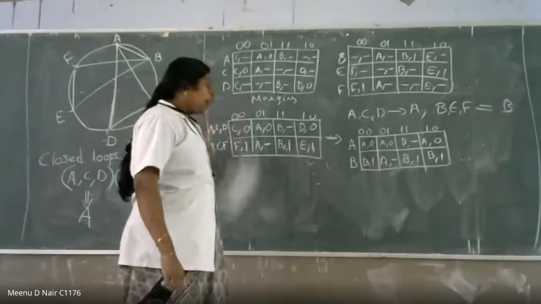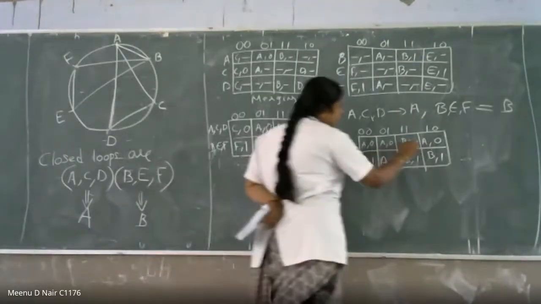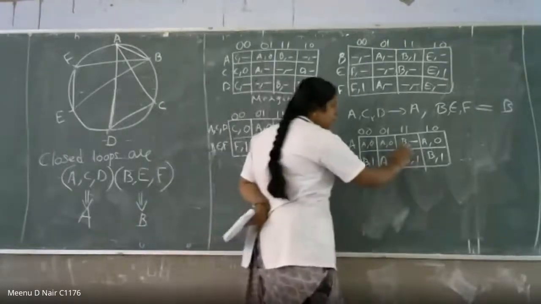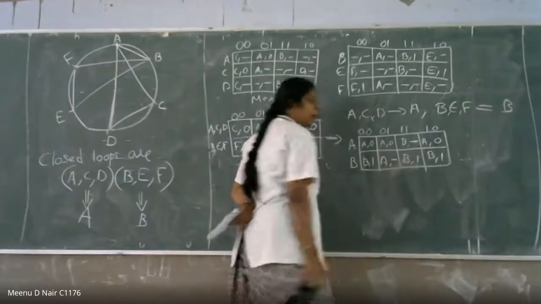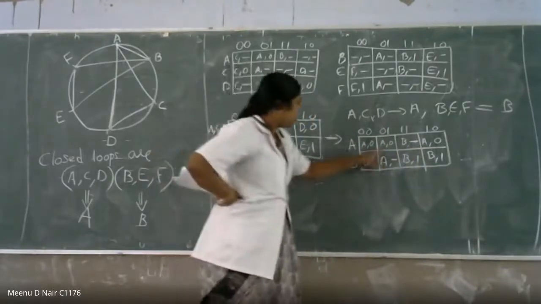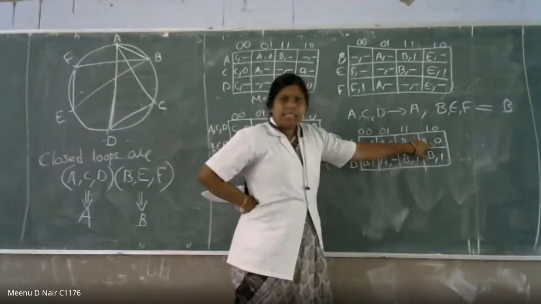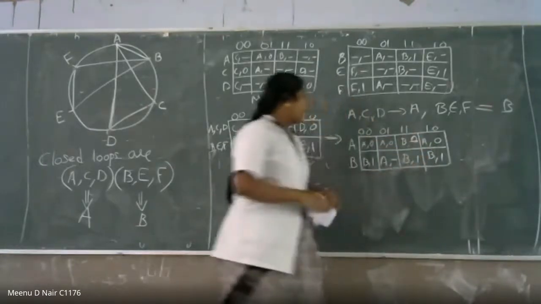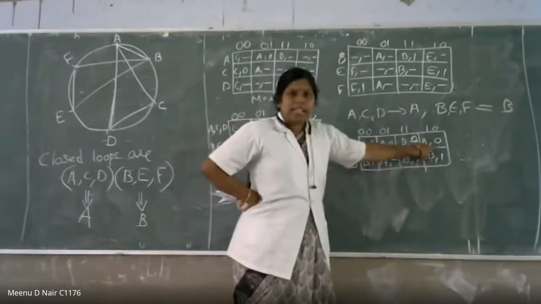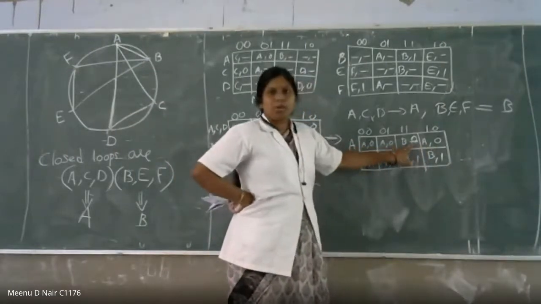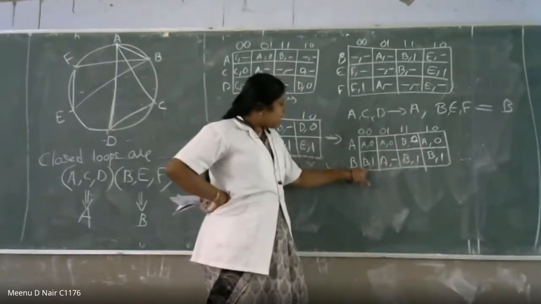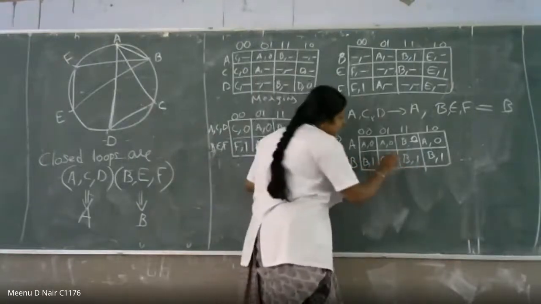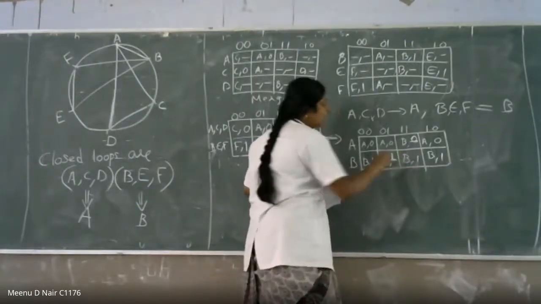Now this is clear. Now what you have to do is, here one dash is there and here one dash is there. So you check the previous and the next output. So here it is 0, here it is 0. So you can directly put this one also as 0, because this state is 0, this state is 0. Similar way here it is 1 and the next state also is equal to 1. So you can put this state also as 1.